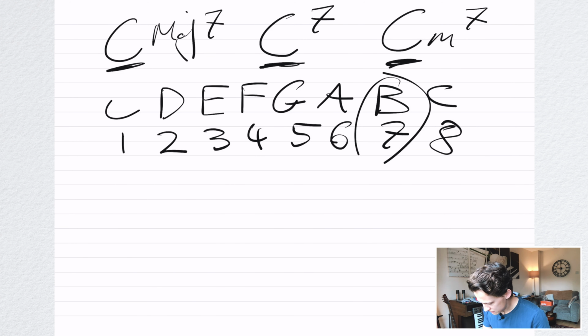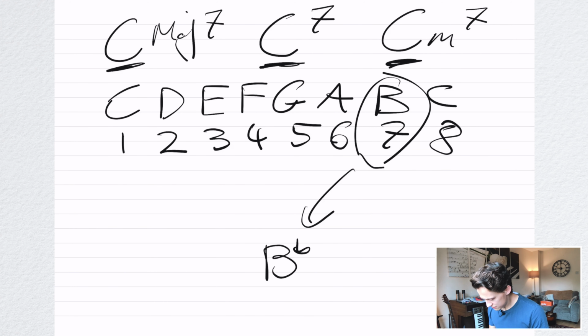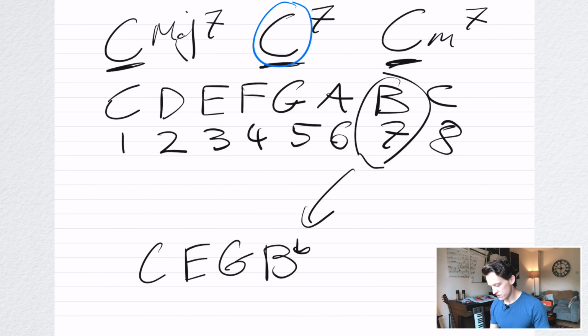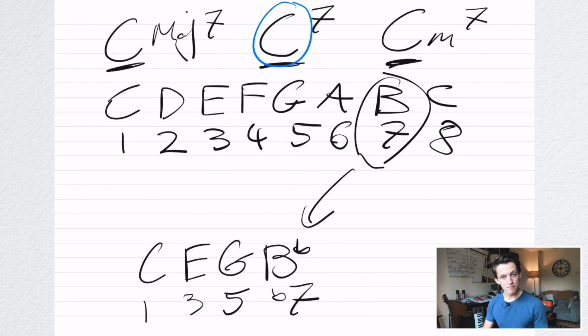So the dominant 7 still makes use of that 7th, but the difference is it's flattened. So if we take it down here, a flattened 7 in this case would be a B flat, but we're still taking the initial note for its face value. It's still a triad. So in this case, it's still C, E, G, but we've got the B flat in there. So that's 1, 3, 5, and a flat 7. And if you're wondering, I put the flat at the end if there's a letter, and at the start if it's a number, purely because that's the way I say it. B flat, and flat 7, hence flat 7.